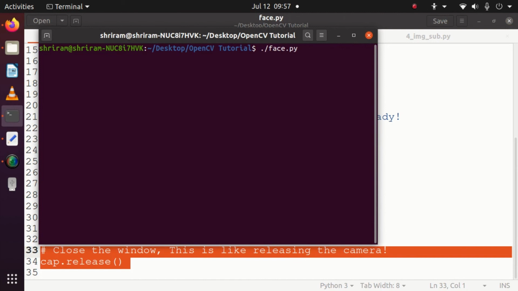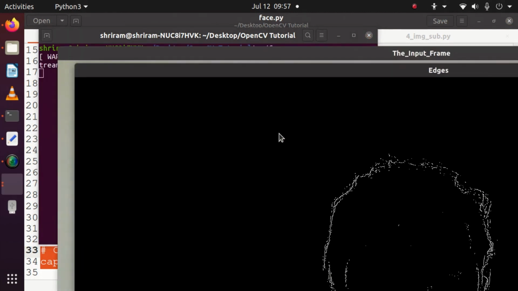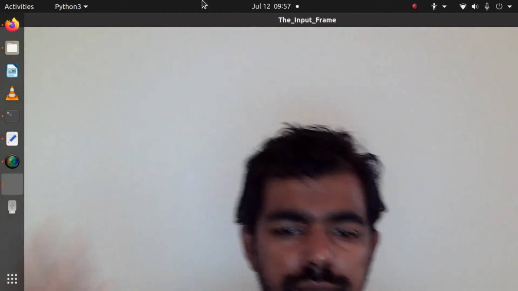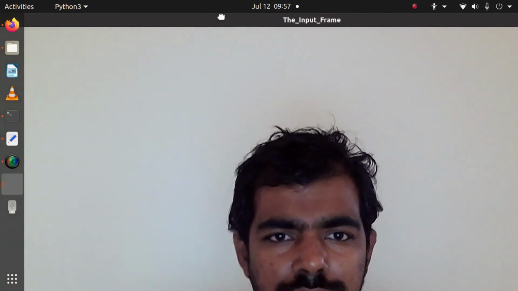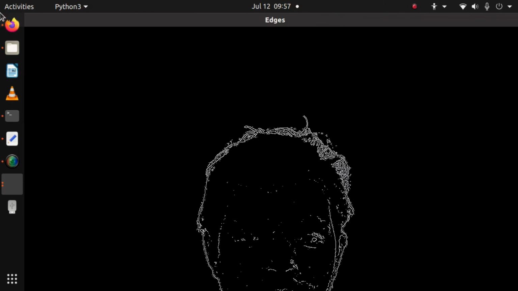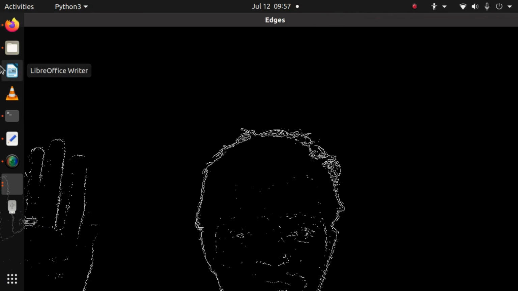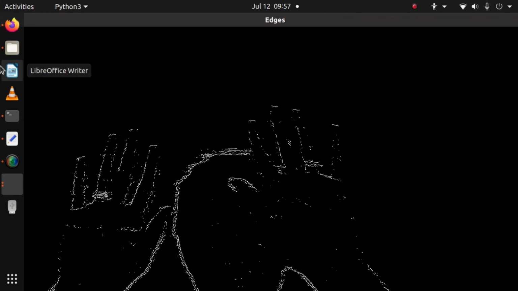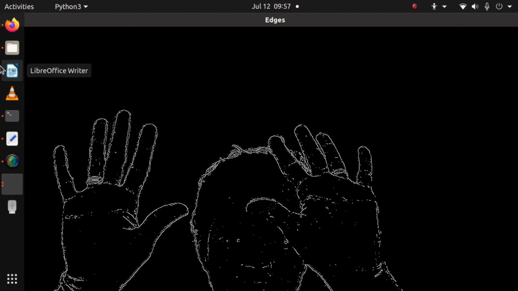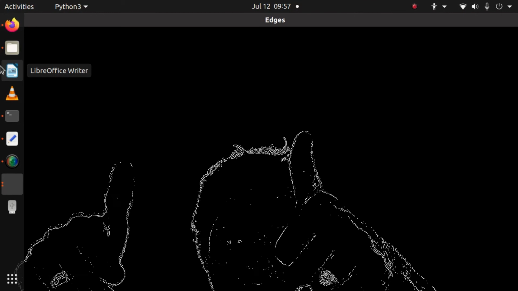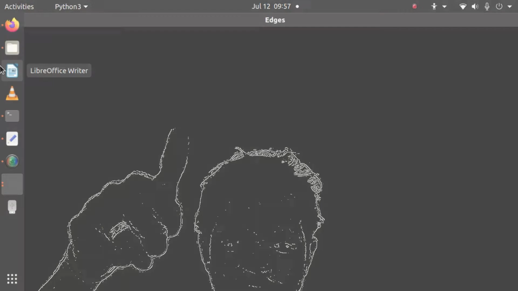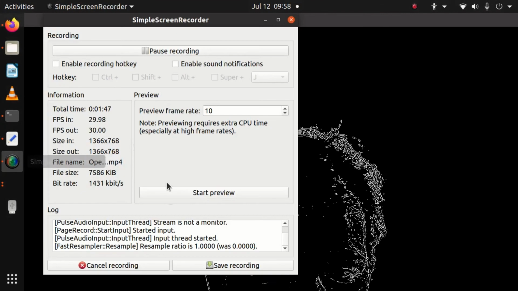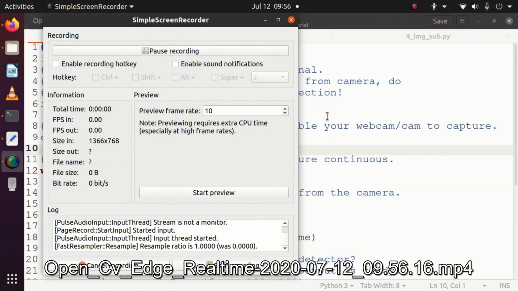Let me clear the screen. I'm running it. You can see that the edges are detected for my image right now, I mean my video feed right now, and I'm showing hi, and this video feed is in parallel being shown with the edge detection. I'm saying hi and my fingers are detected, hand is detected properly, and the edges are being shown as appropriately as it has to be. And this is very simple, elegant, and easy to use. You can see that it's perfectly real time in fact. So that's it. We have simply detected it, and it's the easiest way one could go for a real-time edge detection through the camera feed.